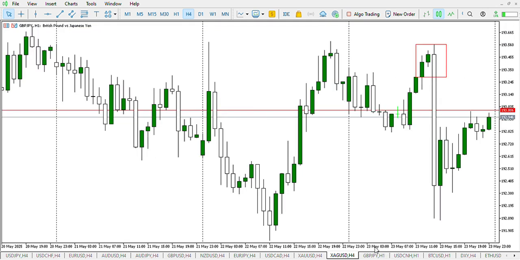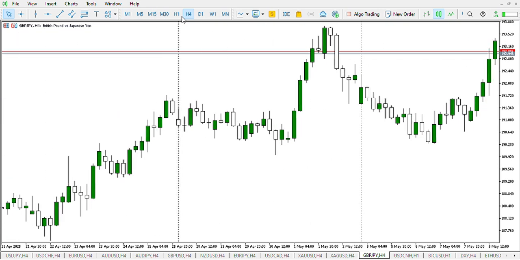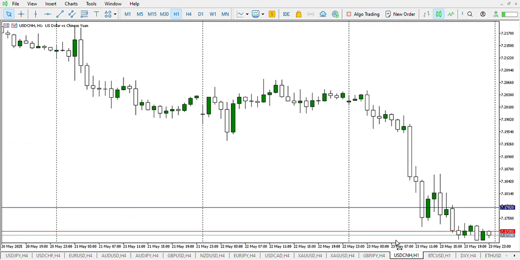On GG, we have just one key resistance area on GG. So we have two key resistance area. We have one within this zone and one within this zone. So we can see market will attempt to retest this or drop back to this level, and we'll see how it's going to react. So at these zones, whenever market gets there, we should be expecting very strong moves,